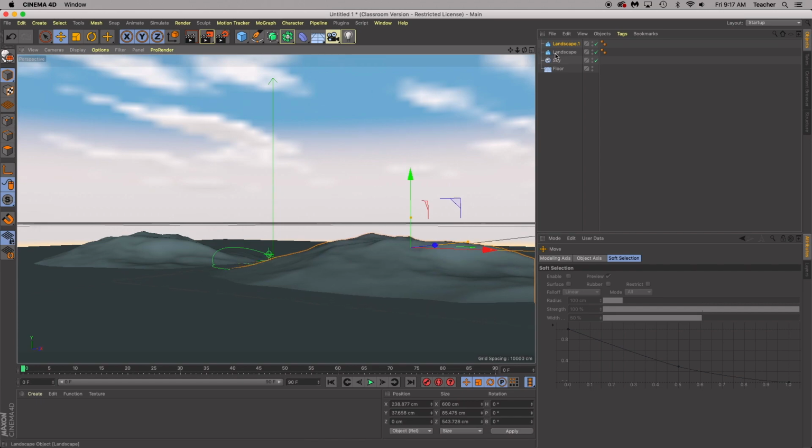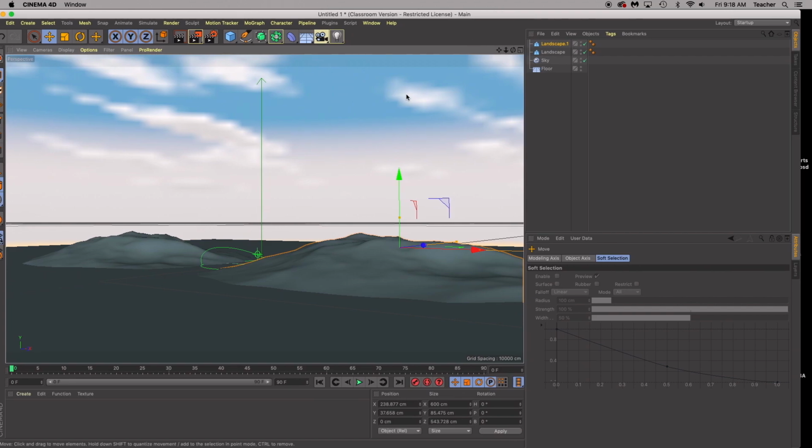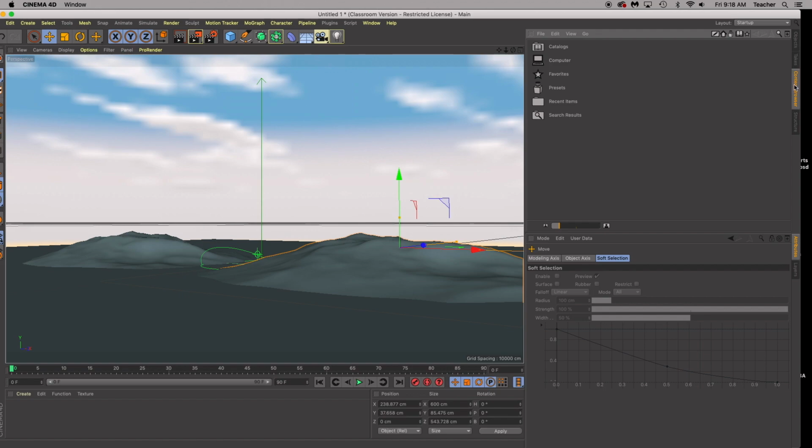So now we have a couple of landscapes, we have a sky and a floor, and we need some type of subjects in our space here to start to build some type of a theme. To do that, there are all kinds of assets located in the content browser. So up by the Objects Manager, underneath that tab, we can click this tab, Content Browser, and we can access